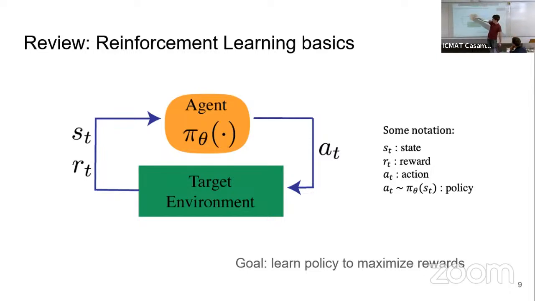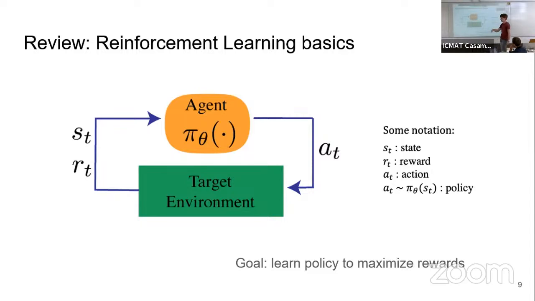So we have some agent represented by a neural network with some theta weights. This agent could be a robot or could be a large language model. This agent produces an action. This action could be a movement of the robot or some text that the large language model has generated. So there is an environment, maybe some simulator, and we receive a reward. This reward could tell us that this text is good or this text is bad. And then the agent, using the feedback from the human, updates the weights to learn.